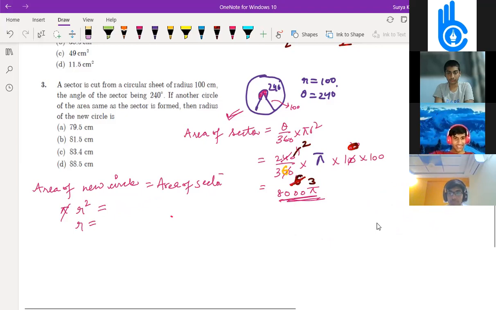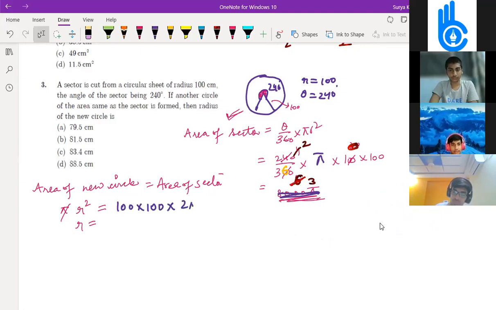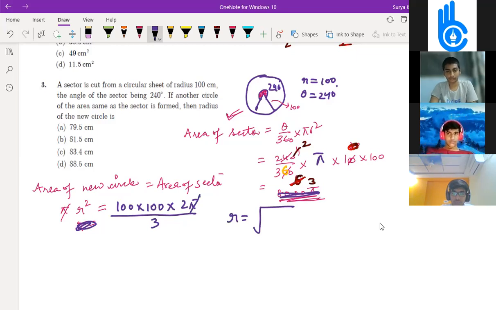So 81, which point you told, how you solved, tell me now. Here, what will come? This will not come at all. Here I used to get approximate. That's it. You'll get here 100 into 100, right? And again into 2 pi divided by 3, correct? So R is equal to, this pi first we get cancelled. Then what you write? R is equal to root over 100 into 100 into 2 divided by 3. How have we done 81? Just tell me now, Samarth.